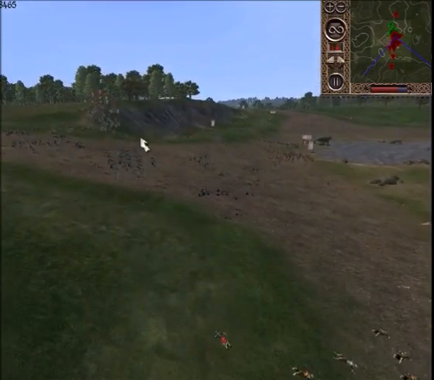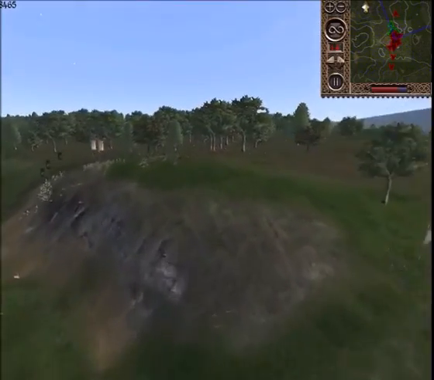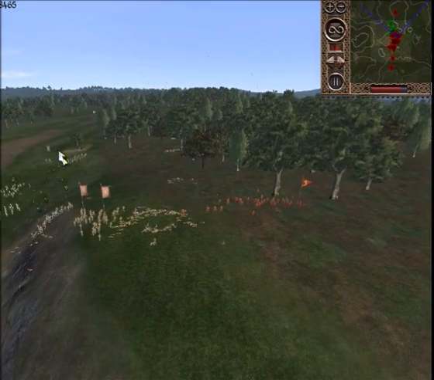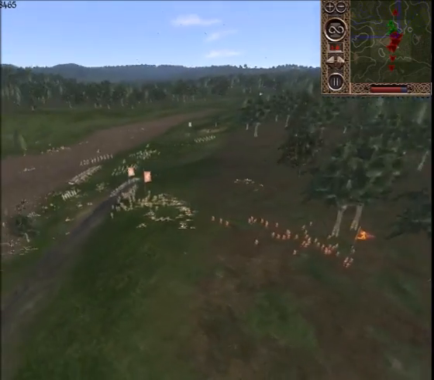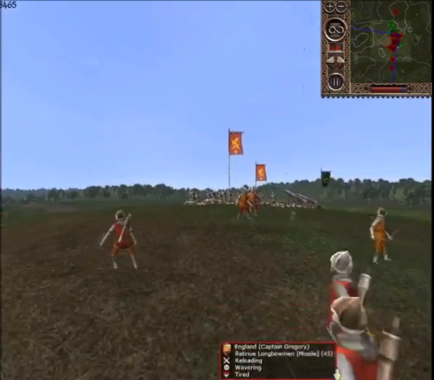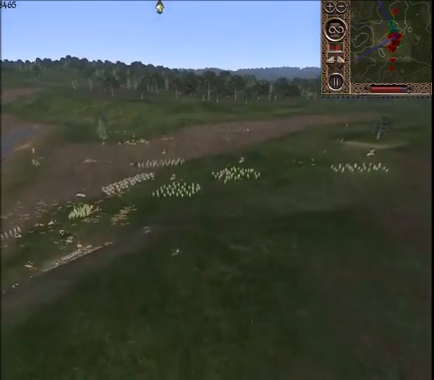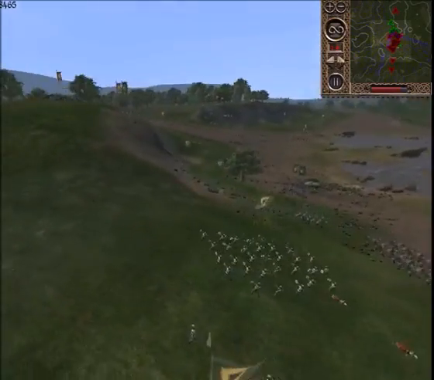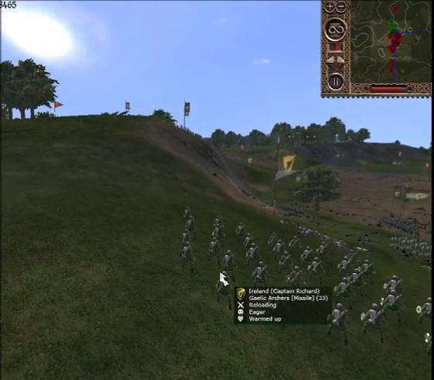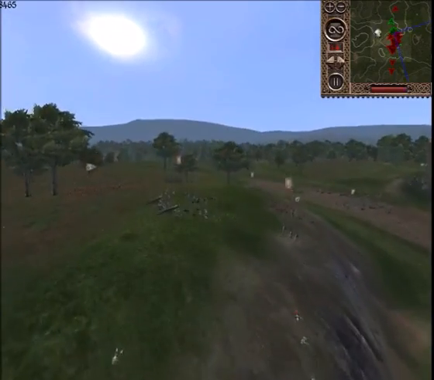Yeah, my cavalry's mopping up some archers back here. And here are their archers. You can see the arrows falling in the background. I apologize about the video quality, but my computer has been acting up lately. My archers shooting up their archers. They do have the advantage of being on a hill, but I have the advantage of troops being on said